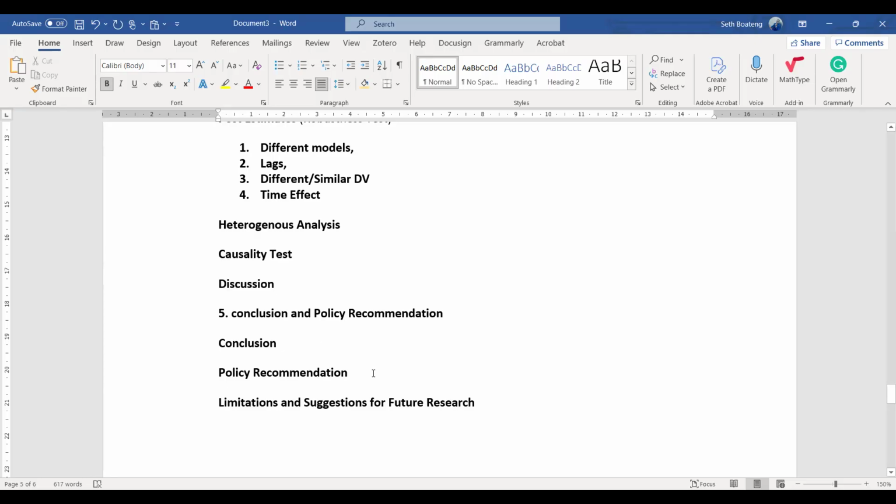Then the policy recommendation. So what? You found that, so what should we do? Then you give policy recommendations. This part is very critical. You should make it specific, not a generic recommendation. If you say that countries should adopt renewable energy, everybody knows that a country should adopt renewable energy. Maybe you find out that carbon emission is contributing to high expenditure on health, so countries should shift to renewable energy.